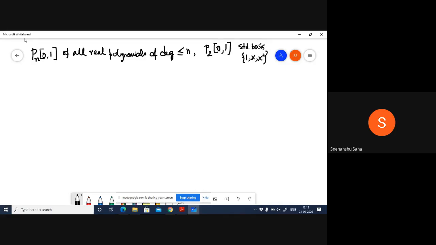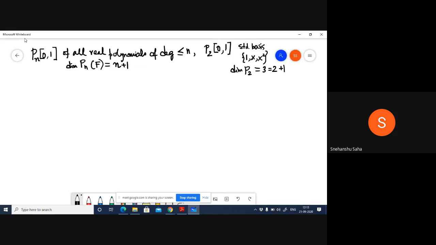These are clearly linearly independent of each other, because you cannot express one in terms of the other. Since you have 3 such basis functions, the dimension of P2 is 3, which is 2 plus 1. So in general, for Pn over the field F, where F could be real or complex, the dimension is n plus 1.